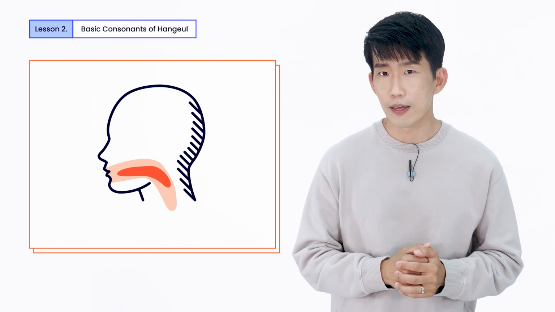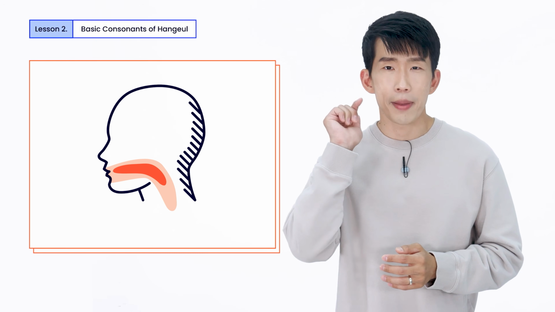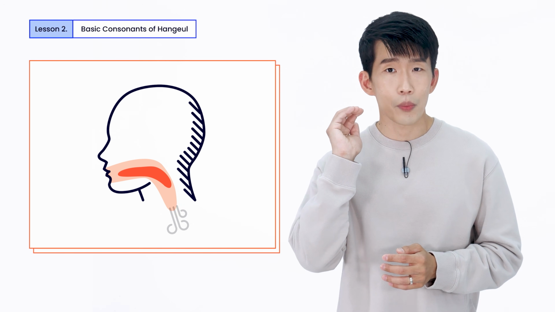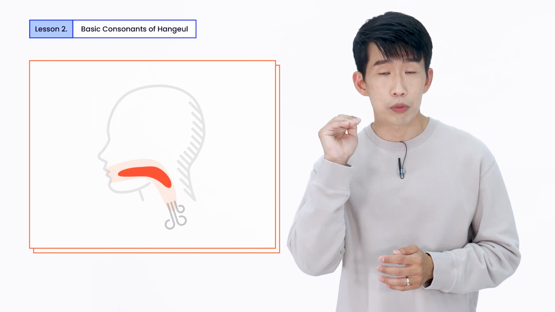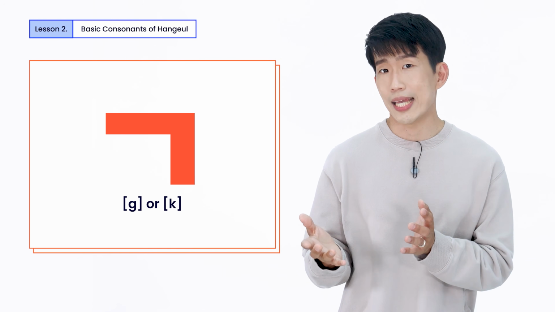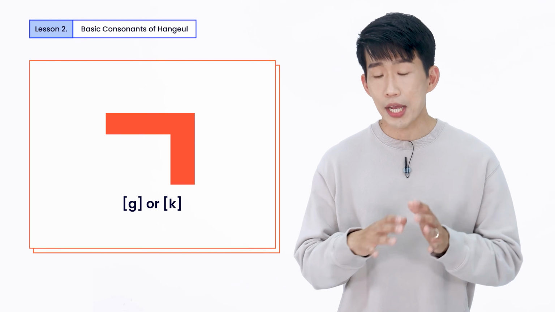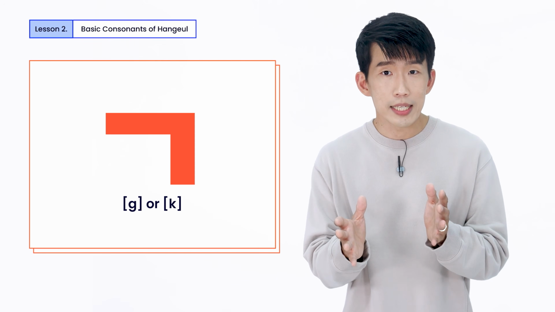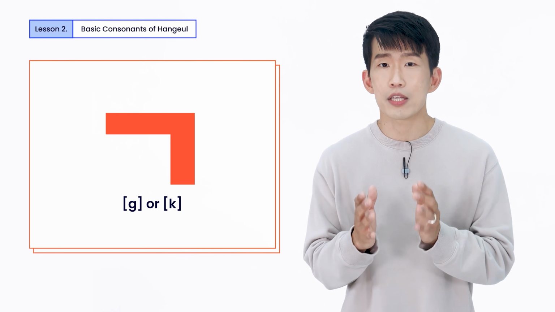G, g, g. The upper back portion of your tongue temporarily blocks the flow of air from your throat, so it makes this shape. Similar sounding consonants in English are G and K. The 기역 sound is neither exactly G nor K, and it's its own sound,